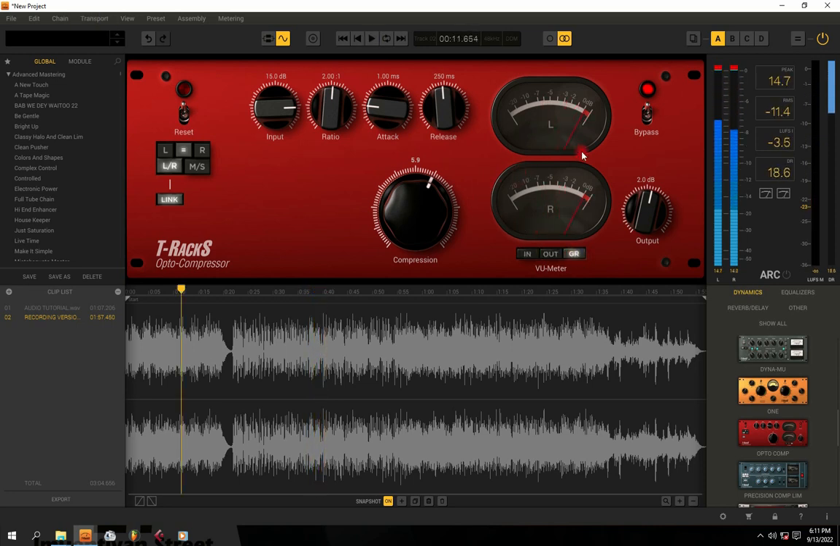Falling. As you can see, this particular one is reducing about 3 dB. This is the threshold, right? The more I increase the threshold,